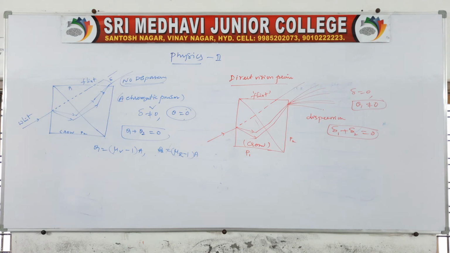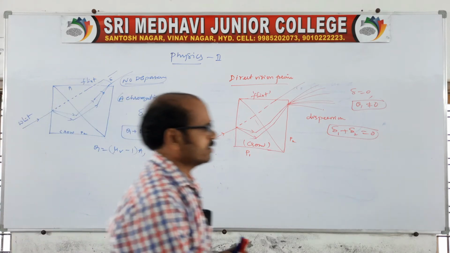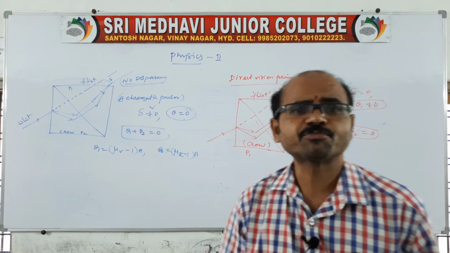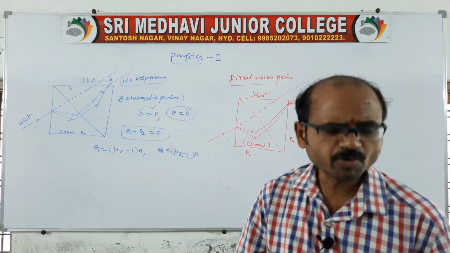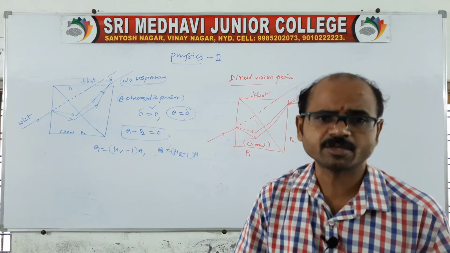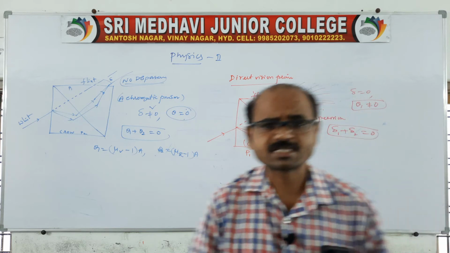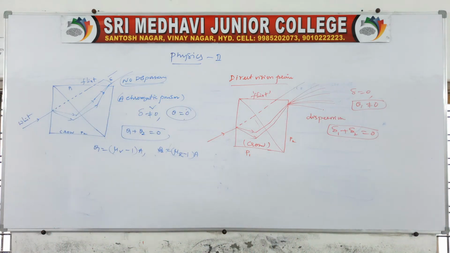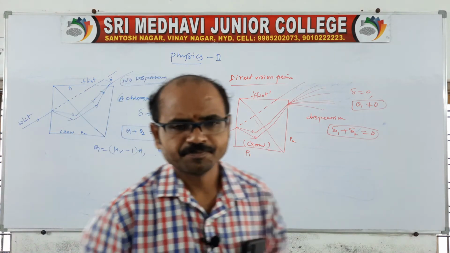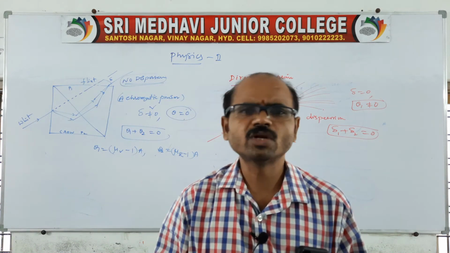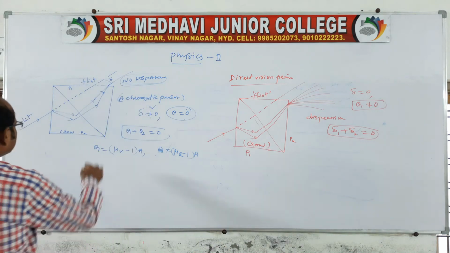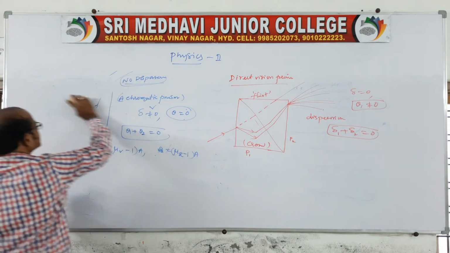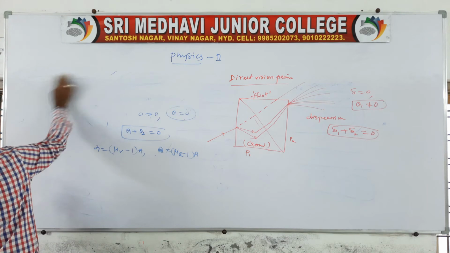Clear? And now we'll go for the next one. On the basis of these 7 colors, I'll tell you about the rainbow, which is very, very important for 4 marks. In general we can see the rainbow when one side is rain and the other side is sunshine. Then only we get the rainbow. Sir, how do we get the rainbow? Very simple, I'll show you. It is for 4 marks.